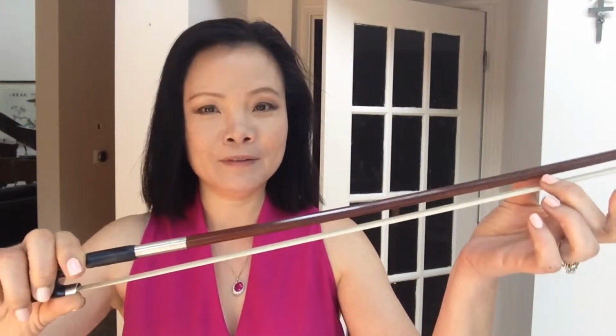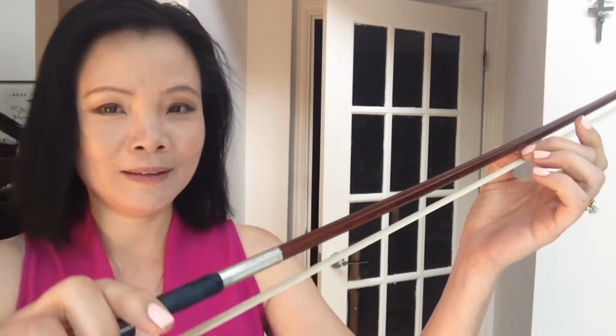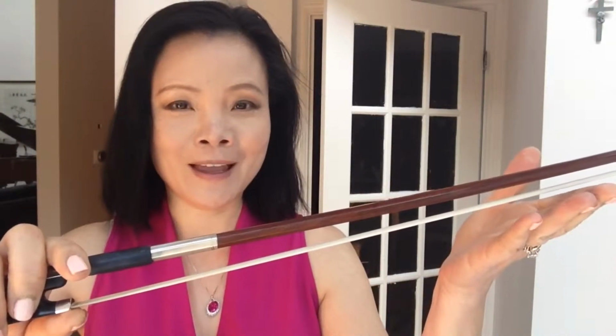First, when you start holding the bow, preferably you already know how to hold the violin for a few days, so that you are secure holding the violin. Then you put down your violin, you have your hand, two fingers, somewhat in between the stick and the hair. You're placing a circle on your left hand this way,